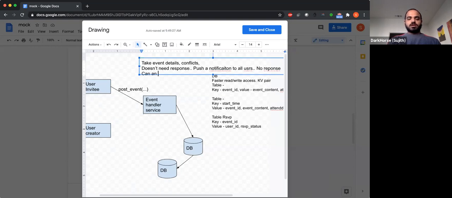If we are not allowing users to book a calendar outside of office hours, we should be able to push back right now. So this is one of the use cases where the event handler should give a response. And the other response I can think of is